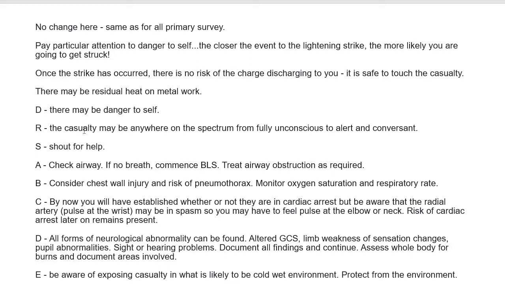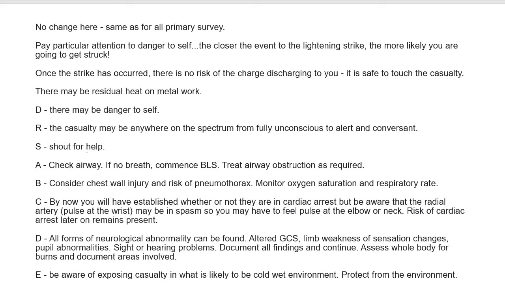Response. The casualty can basically be anywhere on the spectrum from unconscious to completely alert, depending on the severity or the amount of injury caused by the lightning strike, which again will depend on the amount of voltage that was transferred to them. S, shout for help, obviously, and then check airway. Consider chest wall injury for B, exactly the way you would if it was a patient you were assessing for trauma. C, I put sort of by now you will establish whether or not they're in cardiac arrest, because